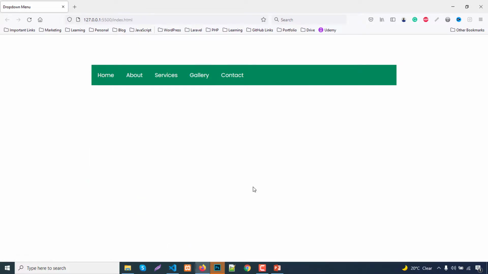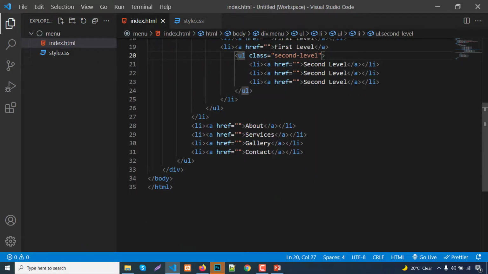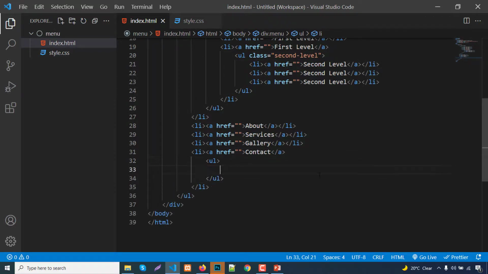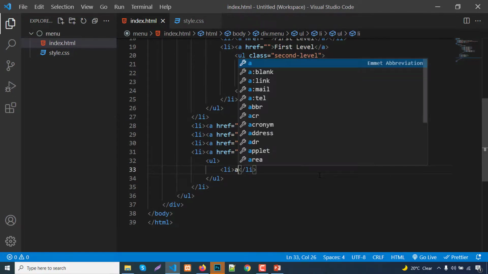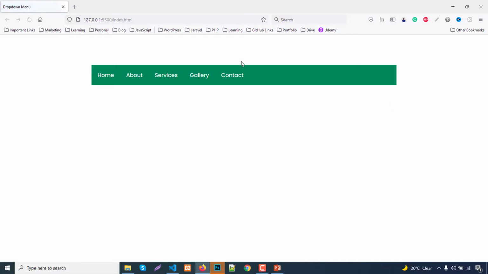So if you want to add a drop down menu for contact, it will be very easy because our code is ready. Just hit enter before the ending li and add ul li and just write contact level. Just for testing, copy. Okay, refresh and check.